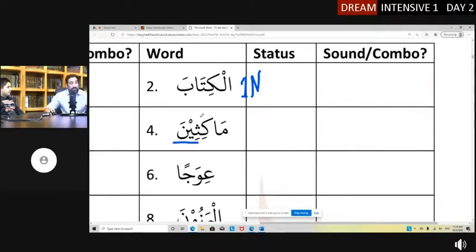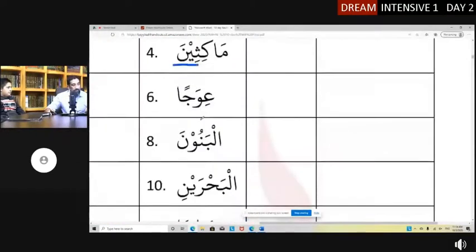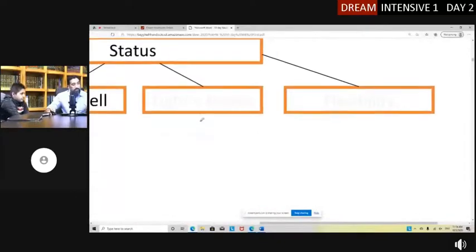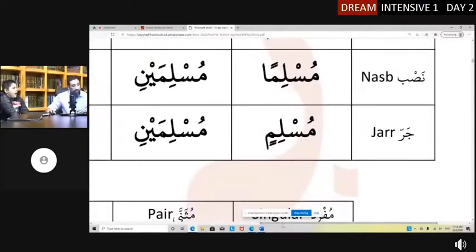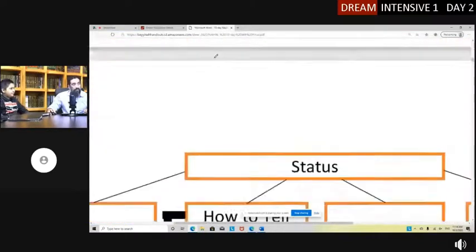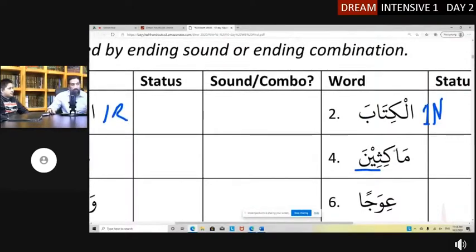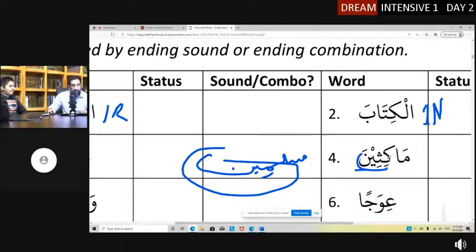And if you go to page 6, we'll come back to it. If you look at page 6, the combinations, ina is a combination. The ya threw me off. The ya threw you off? Yeah. Okay. I just read it out loud and I got it. That's the thing. You got to read it out loud, right? So this ina is like the word muslimina. Oh yeah, because Makithina, right? Yeah. My handwriting with a mouse is hideous. But anyway, it is like that. So this ina matched with this ina. You got it? Yeah.